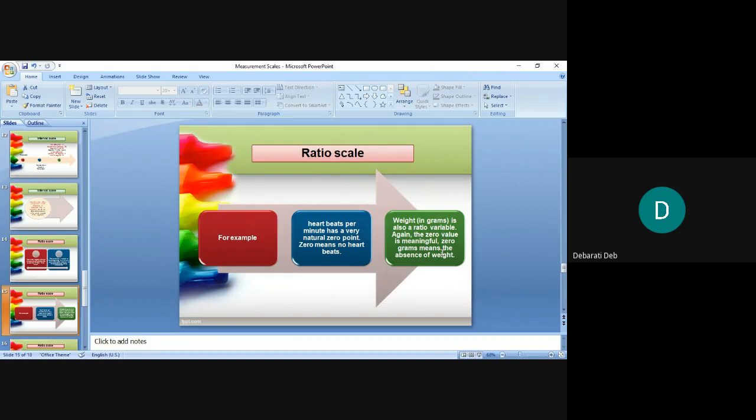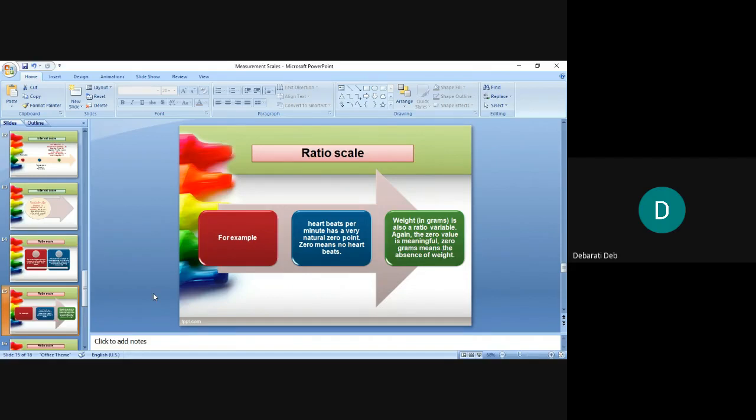But as soon as the baby comes out of the tummy, then from that point the weight measurement gets started. So this weight started with an absolute 0, but now it has some value. So here the 0 means something, right? Also the case of heartbeats. No heartbeat, that person has died. Then 0 heartbeat. So it also has a natural 0 point. Like that, you can give me another example.